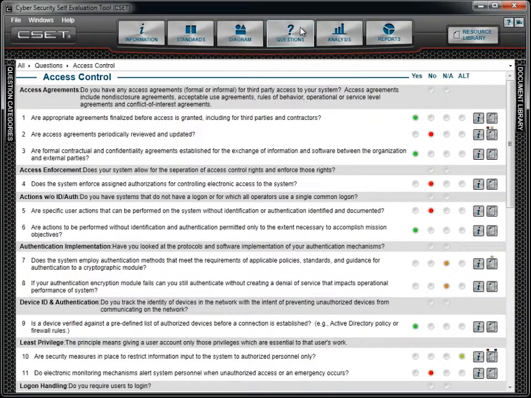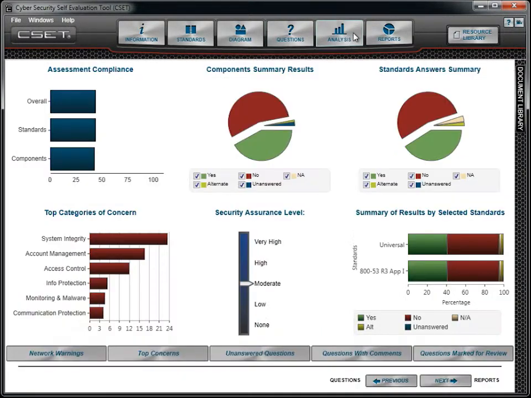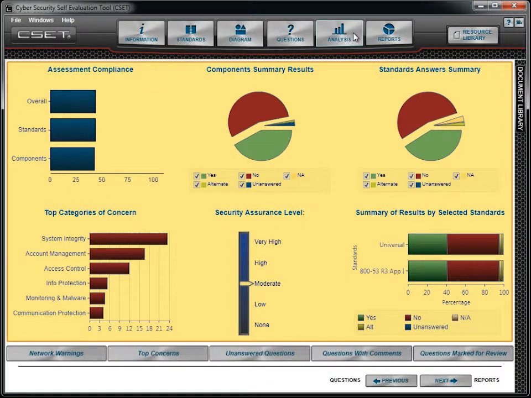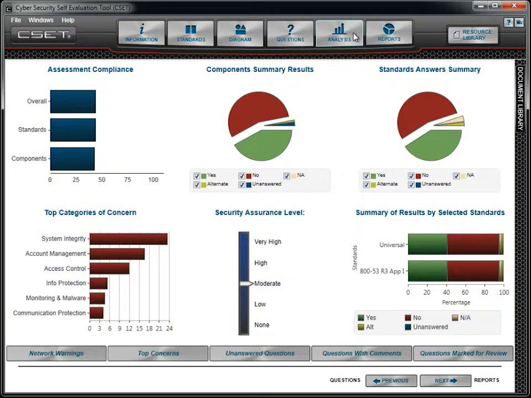When you've finished answering the questions, you can review the results using either the analysis screen or the reports. In this tutorial, we will focus on the online analysis features in the tool. There are two sections to the analysis screen. The top section is a dashboard of charts with drill-down capabilities. The bottom section includes a row of buttons that will take you to network warnings, prioritized gaps, or filtered questions